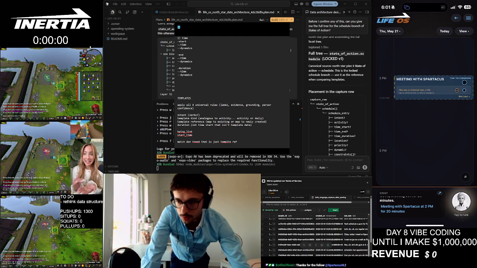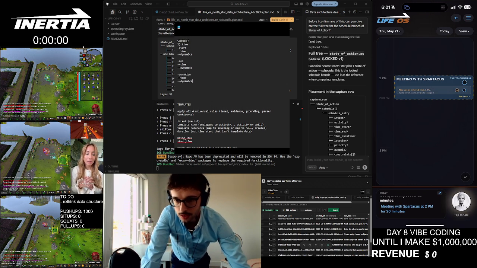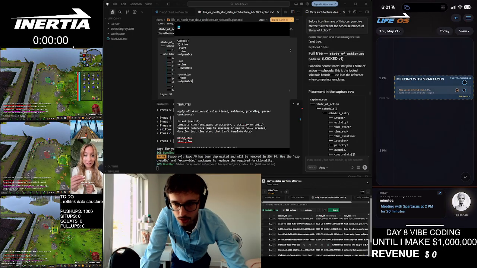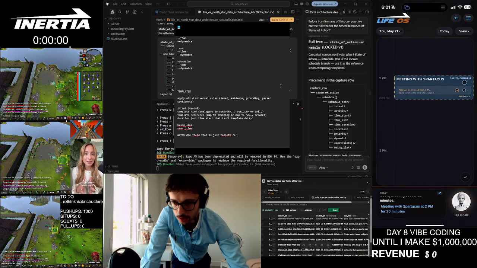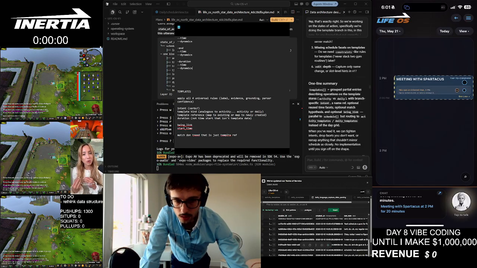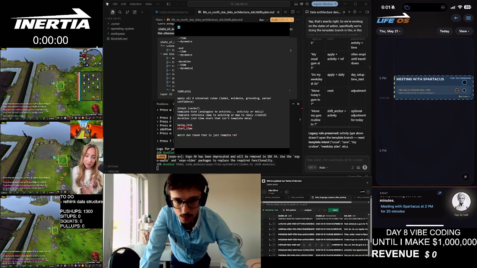Okay, so let me get back to what I was doing here. So basically, I'm trying to map over my schedule states of action branch to my template states of action branch. And I have gone through some of them already, and I'm trying to figure out what else needs to get mapped over. So intent we already did. Activity we omitted because there is no